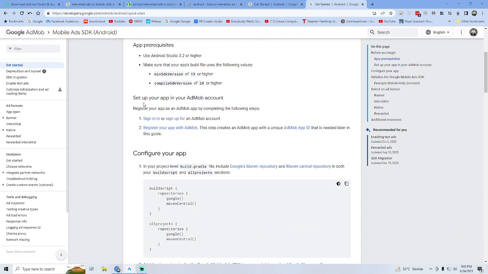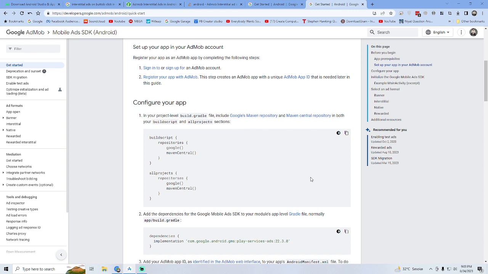You have to set up this account on your AdMob with your Google account. This is another thing I will tell you later. First of all, we're gonna integrate the test ads. We're just learning. We are not gonna integrate the real ads right now because it is not feasible to add your actual ad code there. First of all, configure your app. You have to go to your